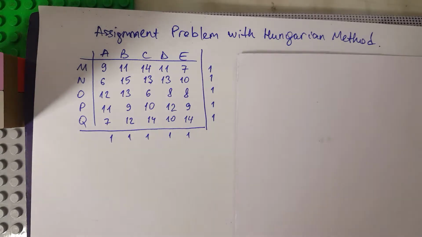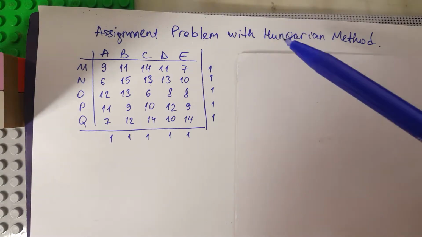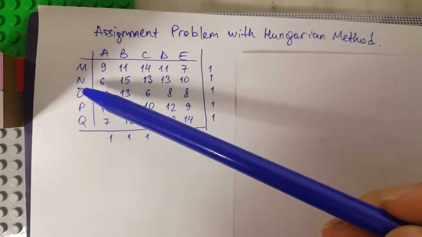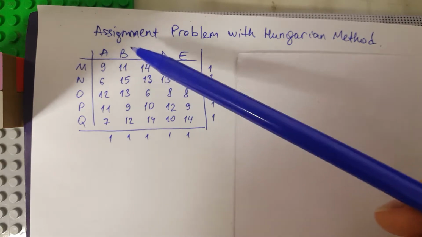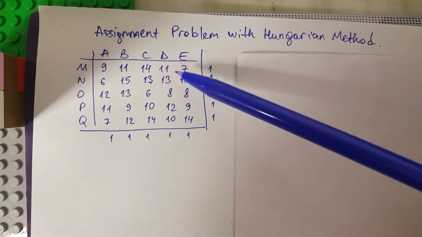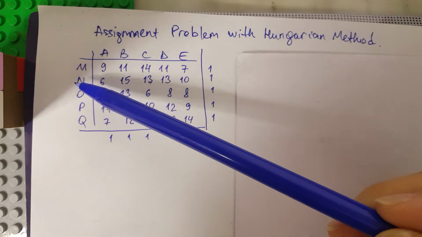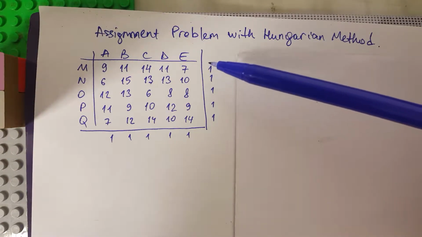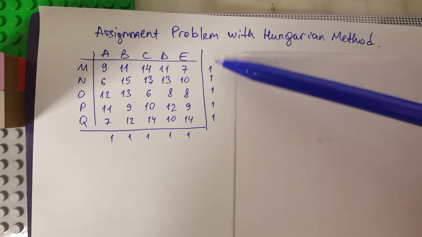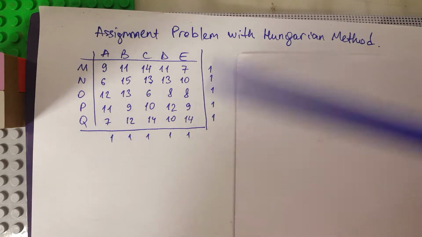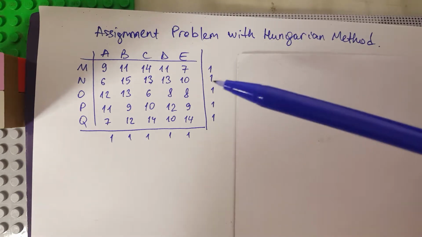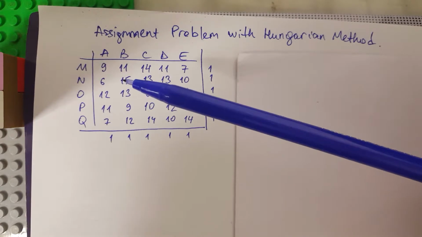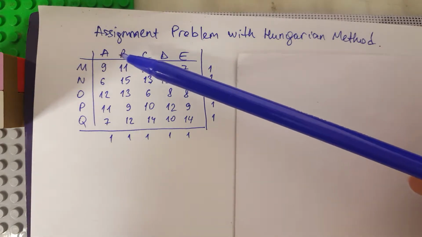Hello, now I will explain how to solve the assignment problem with the Hungarian method. Suppose that we have 5 workers M, N, O, P and Q and 5 tasks A, B, C, D, E. And here are the costs of assigning one worker to one task. The main thing in an assignment problem is that supply and demand are all equal to 1, because one worker should be assigned to just one task and one task should be